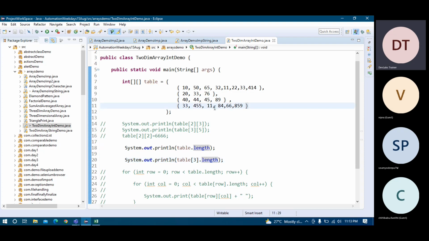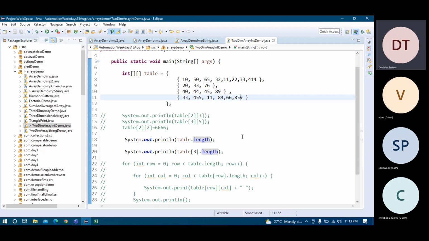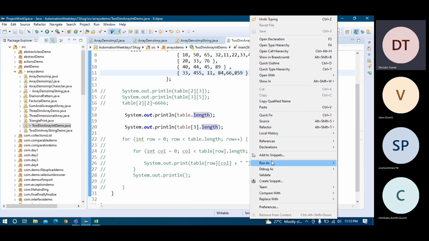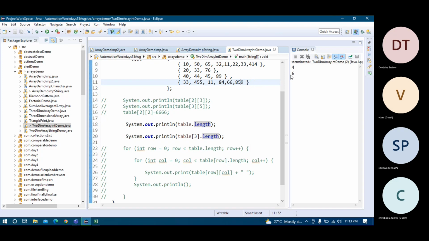So table of 3 means it is pointing to the fourth row, right? Then how many columns, 1 2 3 4 5 6. It will not go with 0 index, it will print the total size. So the columns are 6, and the output should be 4 and 6.